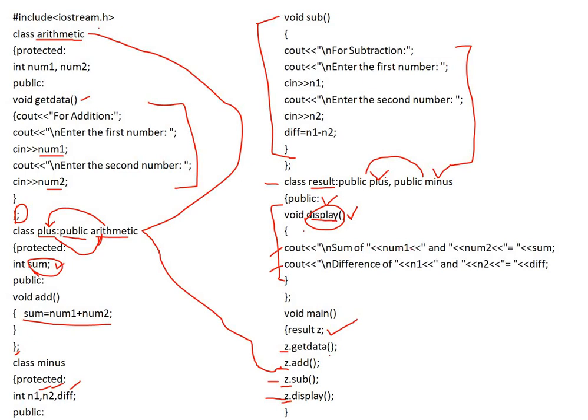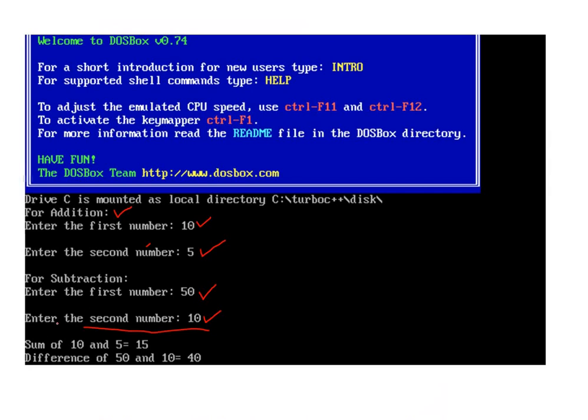Double less than and will be displayed as it is on the output console. Double less than num2. Next, the value of the num2 is displayed. Double less than equal to will be displayed as it is. Next, double less than sum, it displays the sum. So this is the output. Sum of num1 is 10 and num2 is 5 and is equal to 50 will be displayed.